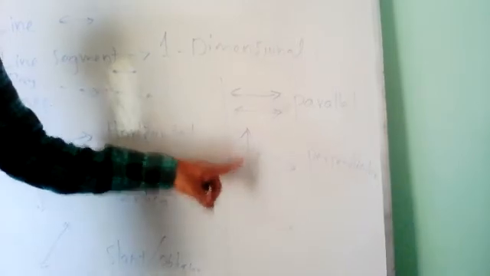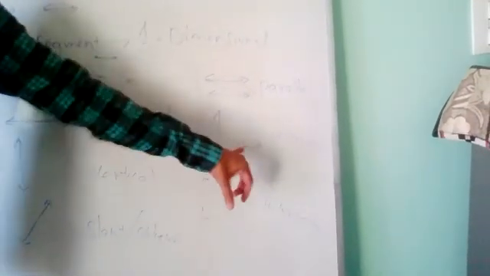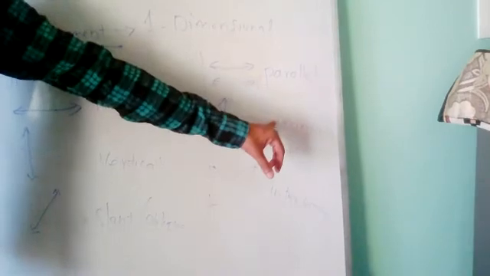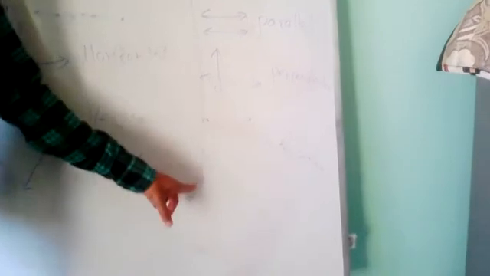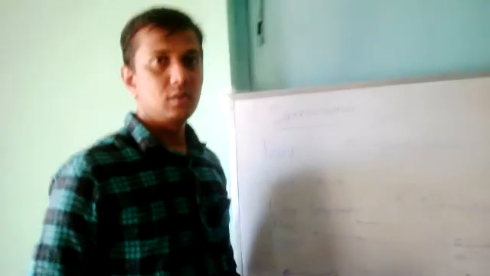So the sleeping line and standing line will be there. Perpendicular lines, as well as intersecting lines. Suppose two lines are intersecting like this, we call them intersecting lines. The lines can be anything, either slant or vertical, but if on a sleeping line, that means on a horizontal line, a vertical line is there, it is called a perpendicular line. If two roads are crossing each other, they are going to meet at one particular place, so they are called intersecting. Okay, so these things we have discussed. Okay, thank you.